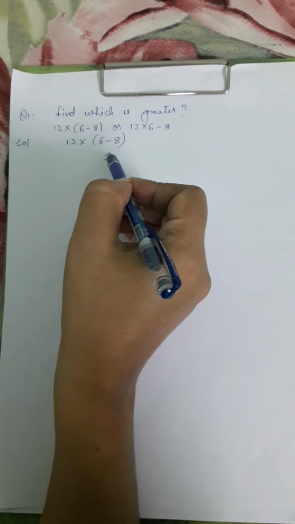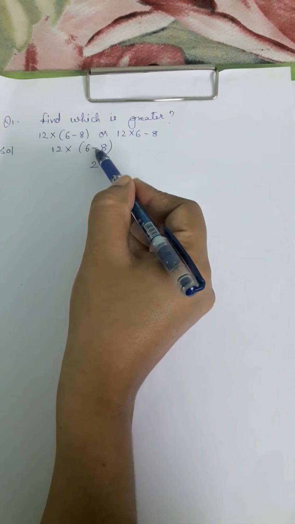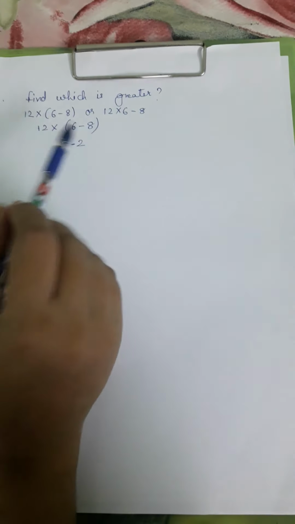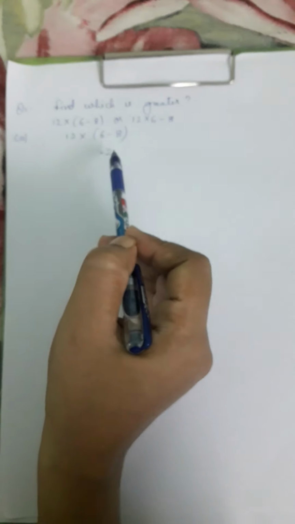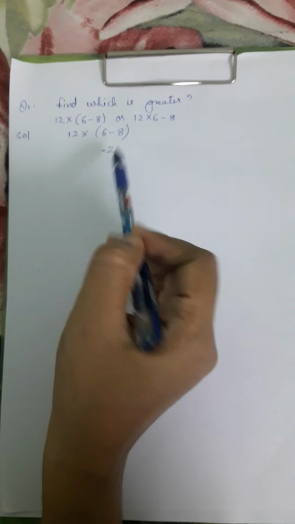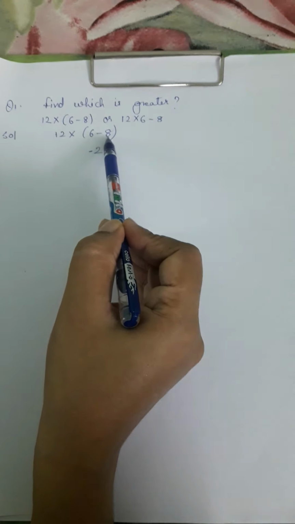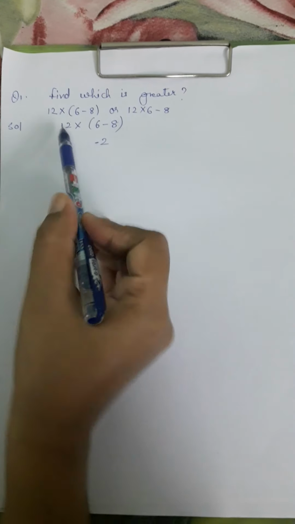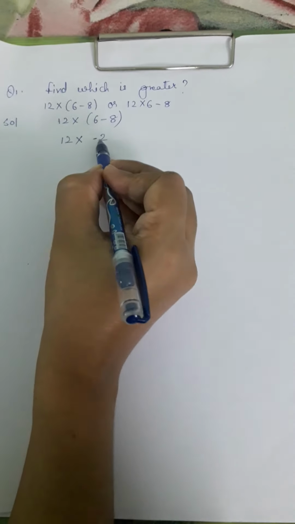Now you see which is the bigger number, 6 or 8. 8 is the bigger number, and its sign is minus, so the answer will be minus. So 6 minus 8 is minus 2. I repeat: plus minus is minus, so you subtract. 8 minus 6 is 2. Now which sign will come? The sign of the bigger number. From 6 and 8, 8 is bigger, and the sign of 8, right in front of it, is minus. So the answer will be minus. Now write the 12 which is in front: 12 into minus 2.